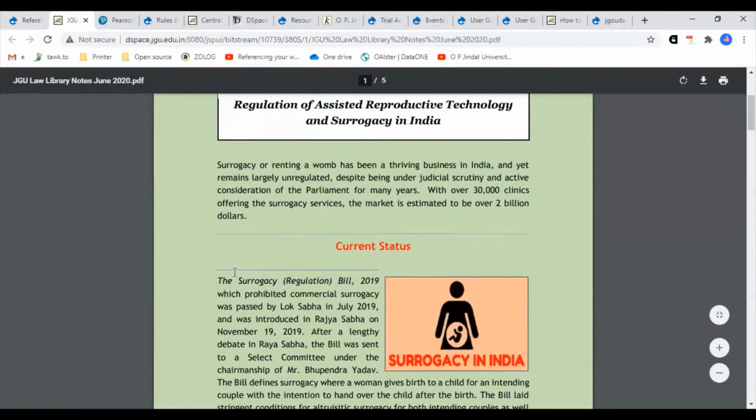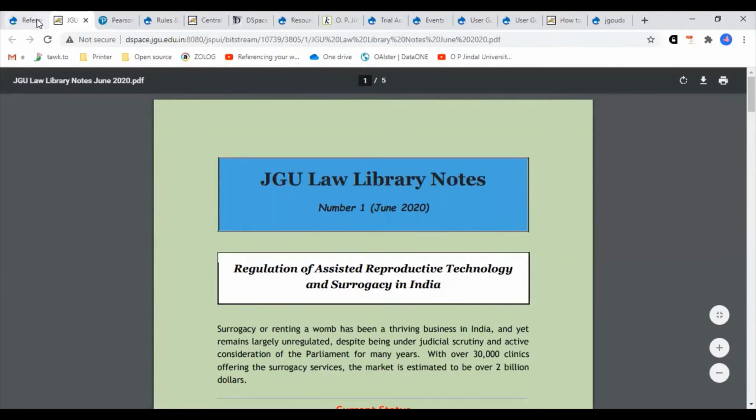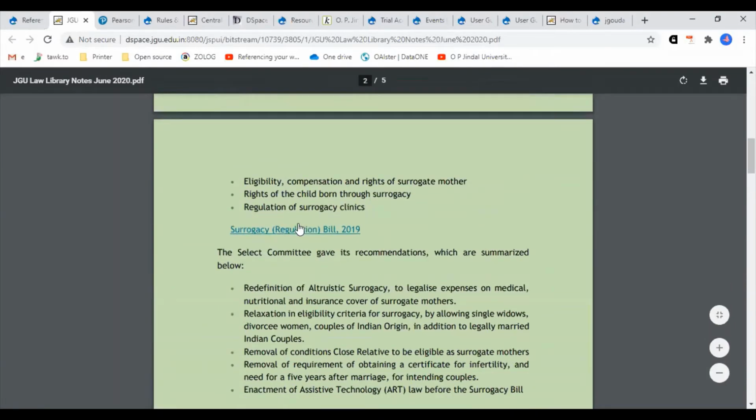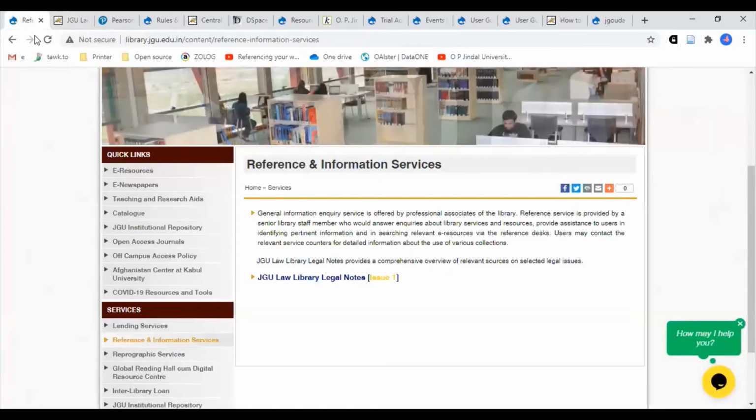So we also have the various interns working on this. The students can connect with us and go for certain research work as an internship with the library, and they can also contribute their research work and hone their research skills by opting for such kind of internship with the library.